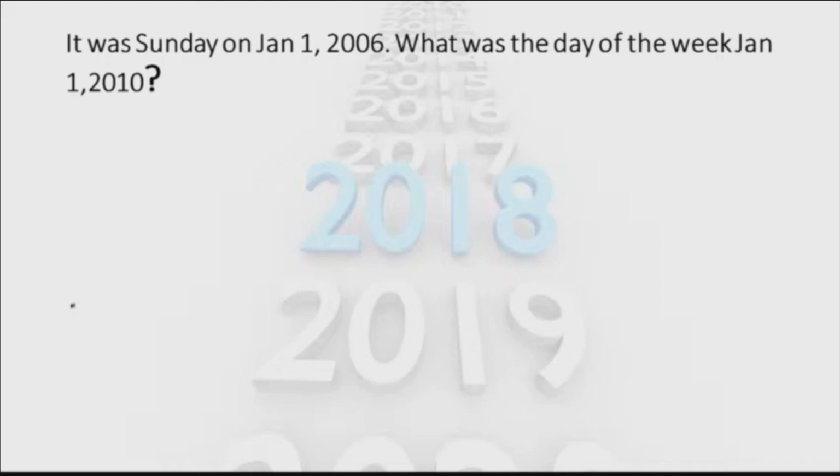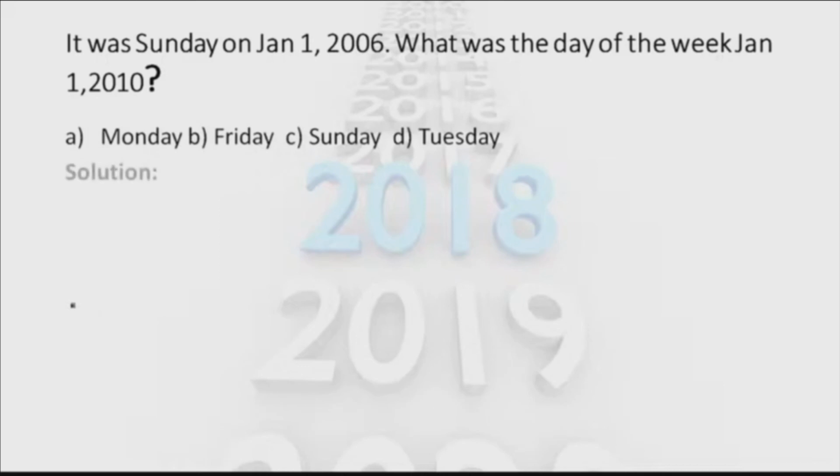Yes. So I can go with two methods. Let me tell you the general method first, as you all know the code method. When I say Jan 1 2006 falls on Sunday, if I'm asking you for the same date, same month, but next year, it will be just day plus 1. So Jan 1 2007 falls on Monday, but when it is a leap year it will be plus 2. This is the thing that you have to keep in mind.